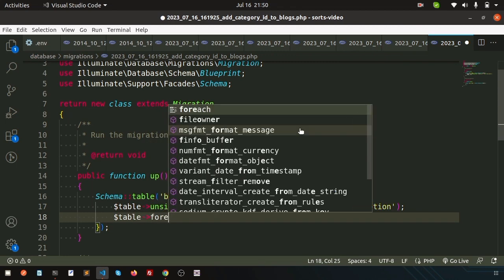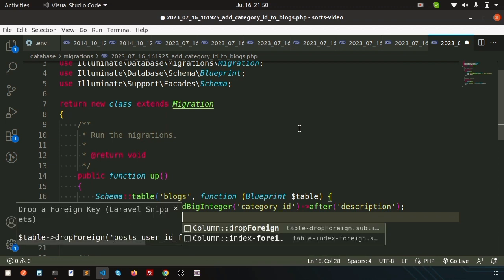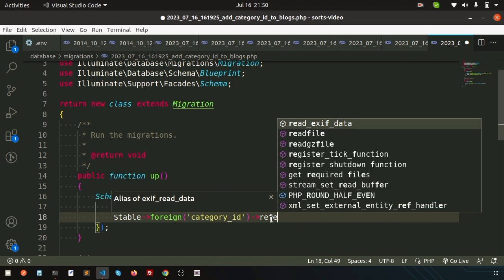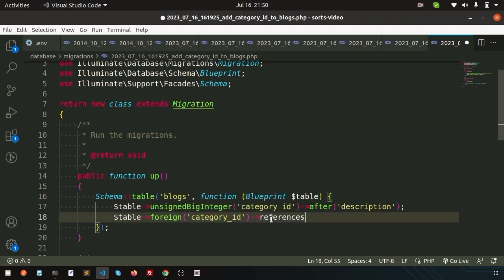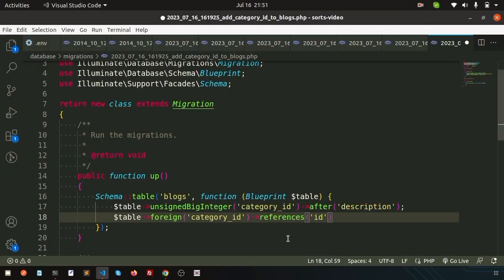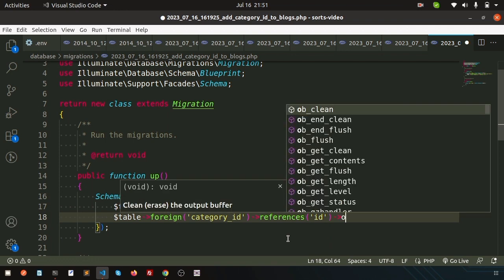Foreign. And then what will be the foreign key? Actually category ID. Okay, and what will be the references? References, which will reference the ID from the block category table. So simply these are the table name, ID, and simply write on